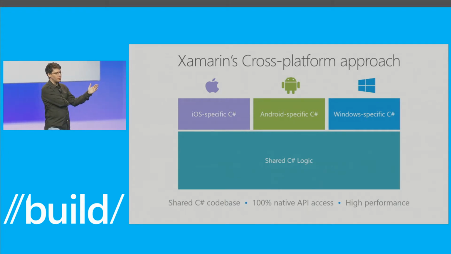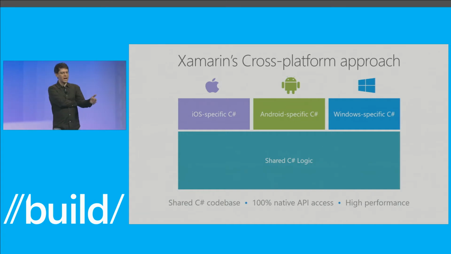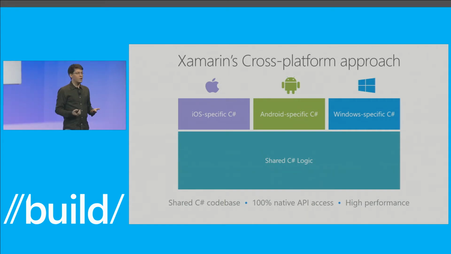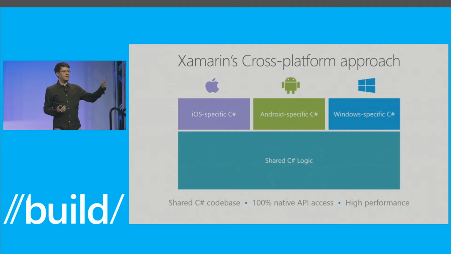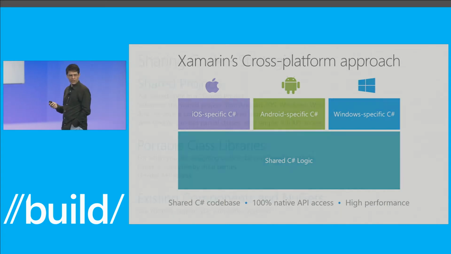Essentially, you try to put all of your, I mean, this sounds pretty obvious when you look at the diagram, but we'll get into the details. You want to have some shared C# logic, right? And then you're going to have your iOS-specific, Android-specific, or Windows-specific pieces. Some of you might have built Windows Forms apps and WPF apps and supported both UIs, so it would be a similar exercise. Or some of you might have an ASP.NET front end and also Web API front end, and you would also have to do this sort of code sharing between those two.